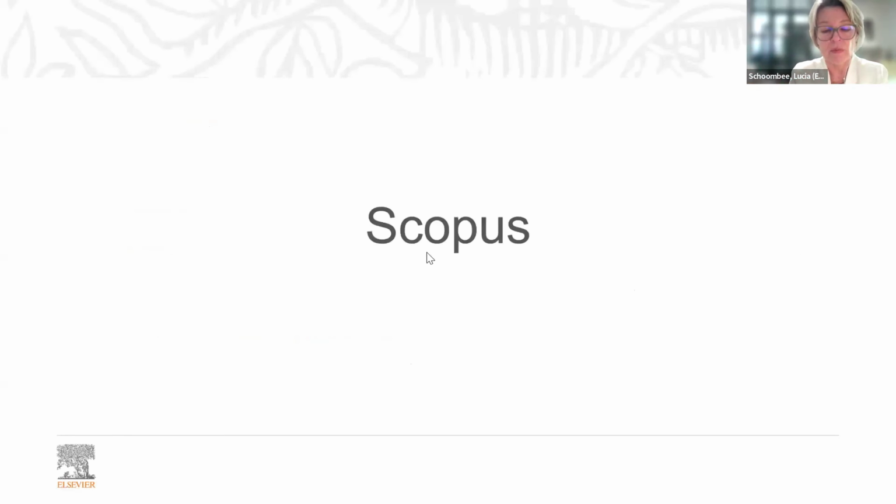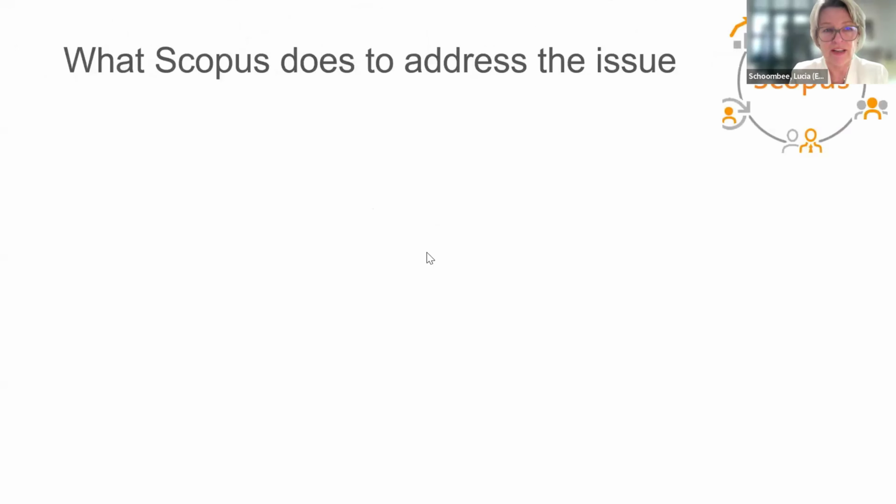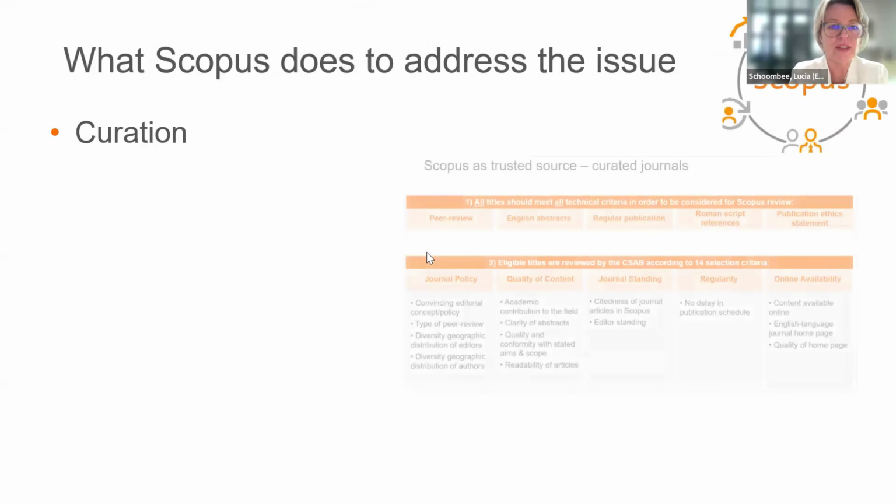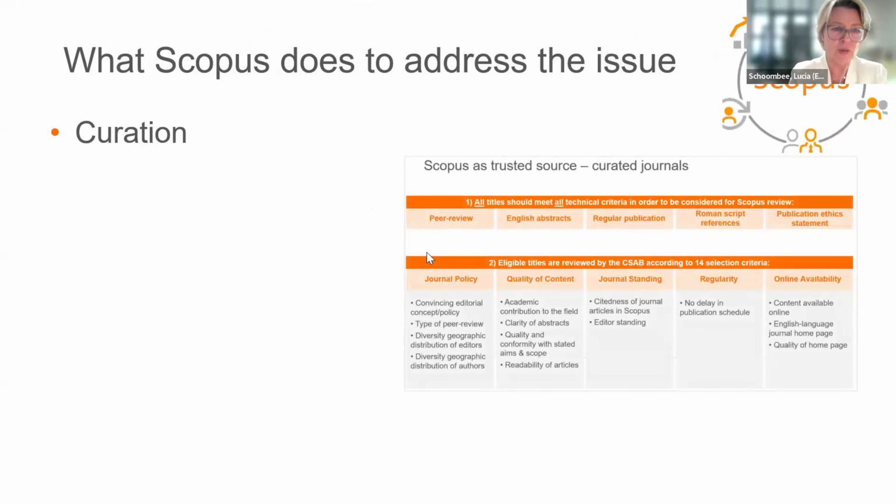Right. So moving on to, what do we at Scopus do to try to protect ourselves, because these scammers are really very sophisticated and very clever. So what do we do at Scopus to address the issue? The first thing that we do at Scopus is curation, right? So all the journals, the 28,000 journals that we index in Scopus, go through a curation process. We have an independent board, the Content Selection and Advisory Board, and they select each of these journals for us